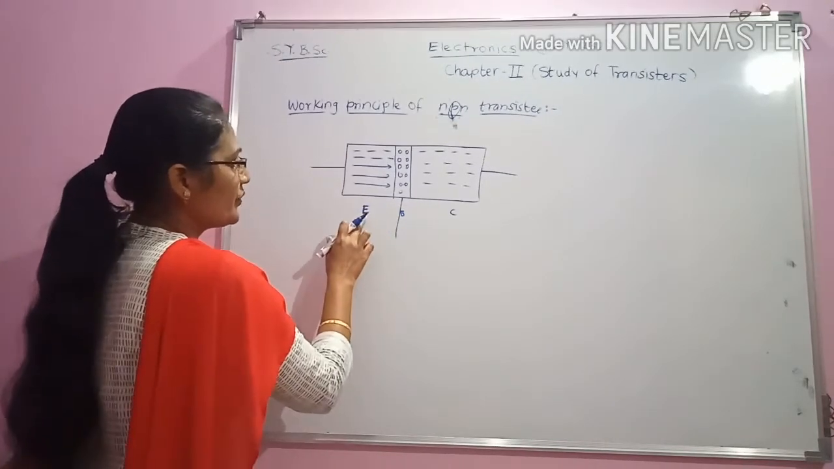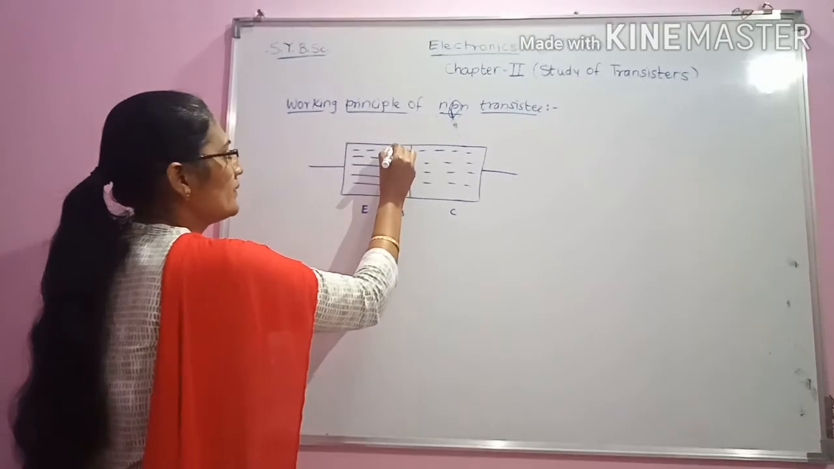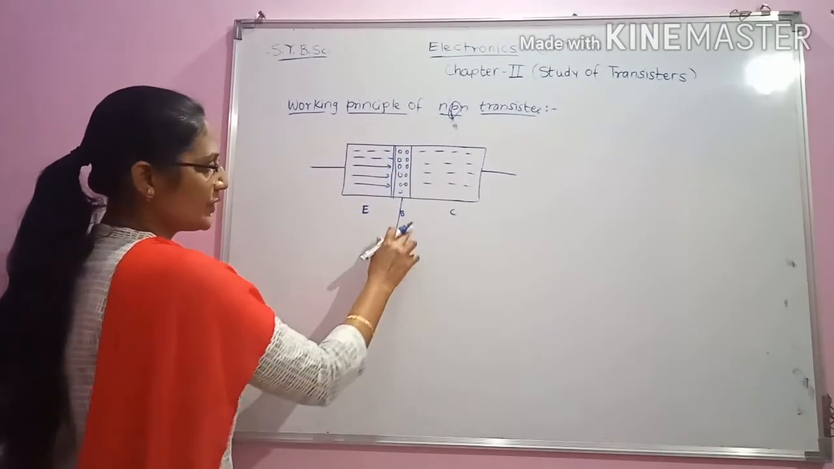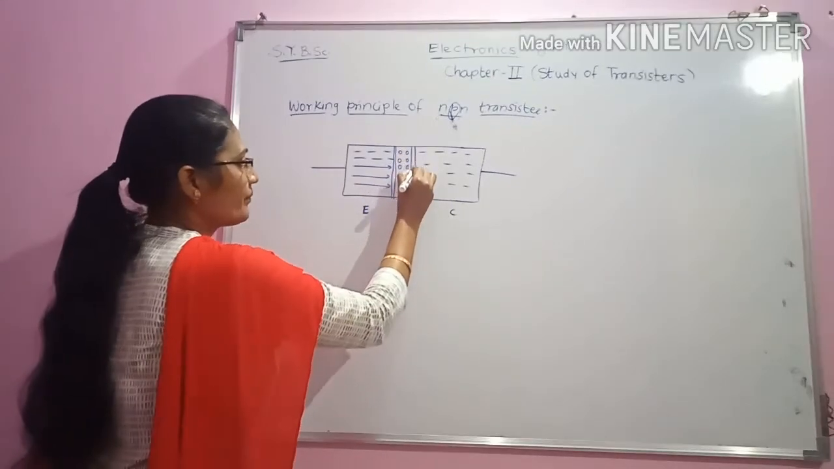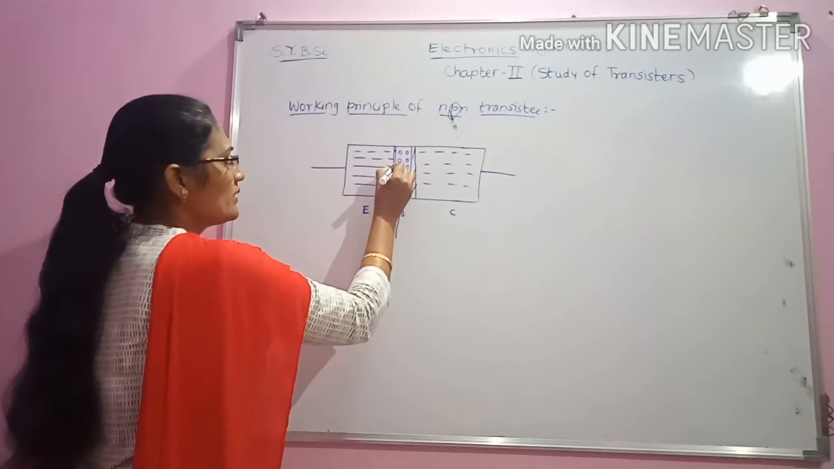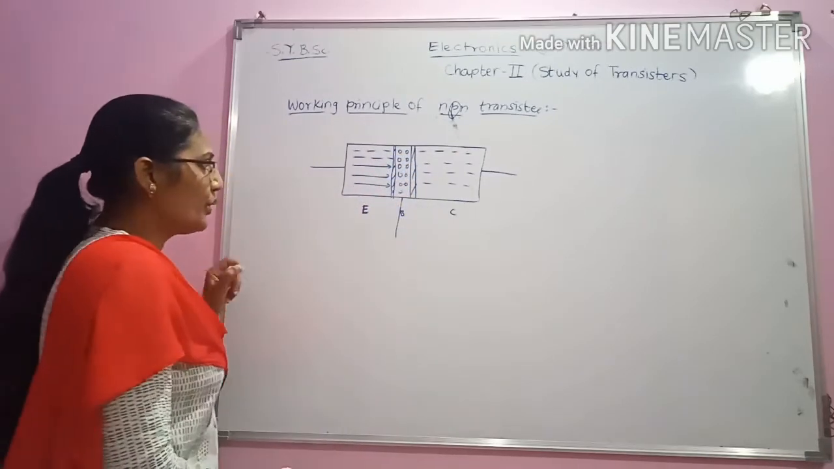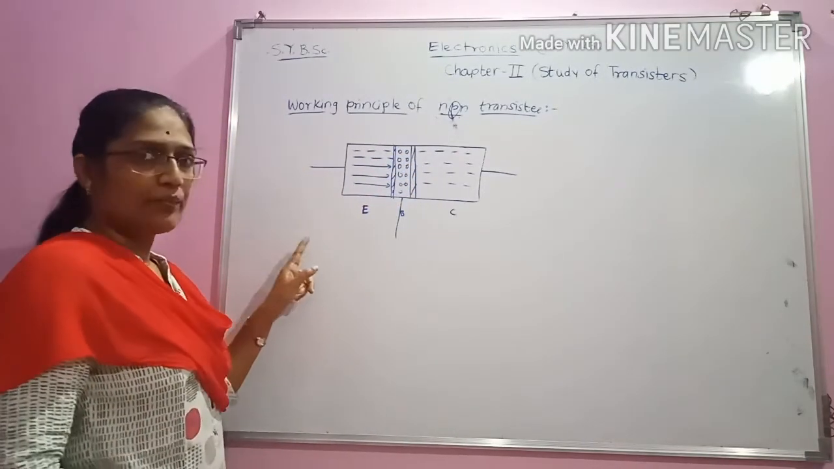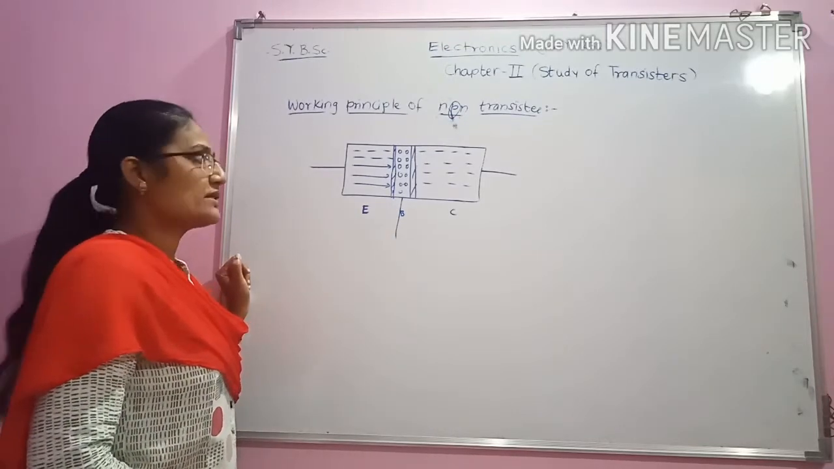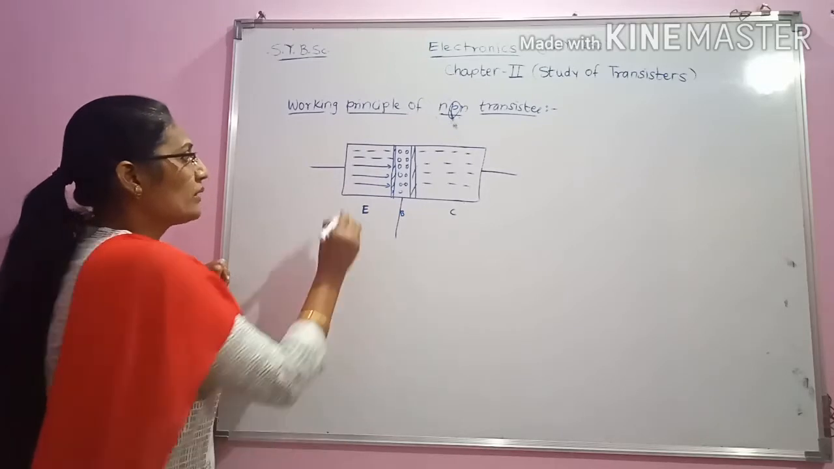First junction is between emitter and base. This is the junction. And second junction is between base and collector. This is the junction between base and collector. These are the two junctions. Now we have to forward bias the emitter base junction. In order to forward bias the emitter base junction, this is